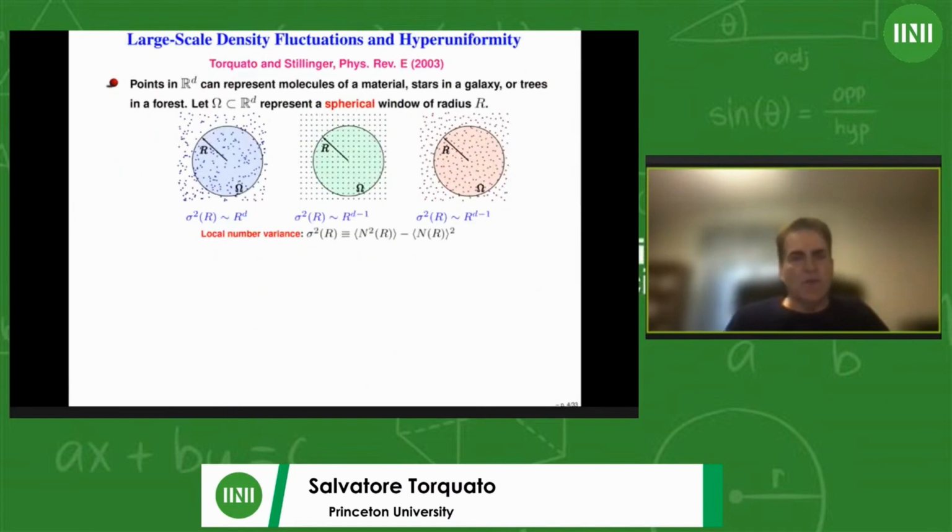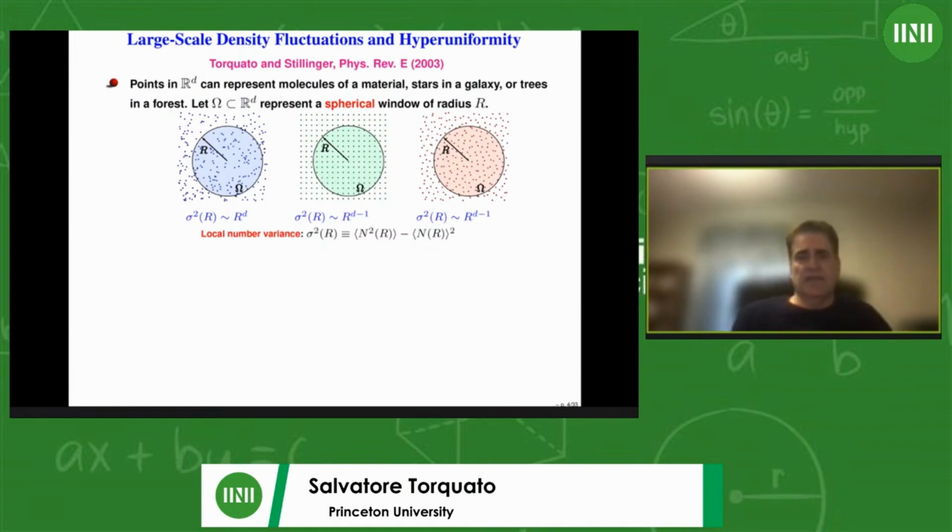Okay, now a little more quantitatively, and this is the first paper in which we introduced it. This was with Frank Stillinger in this rather simple fundamental study of density fluctuations locally. This was back 2 decades ago now. It seems like many, many years ago.